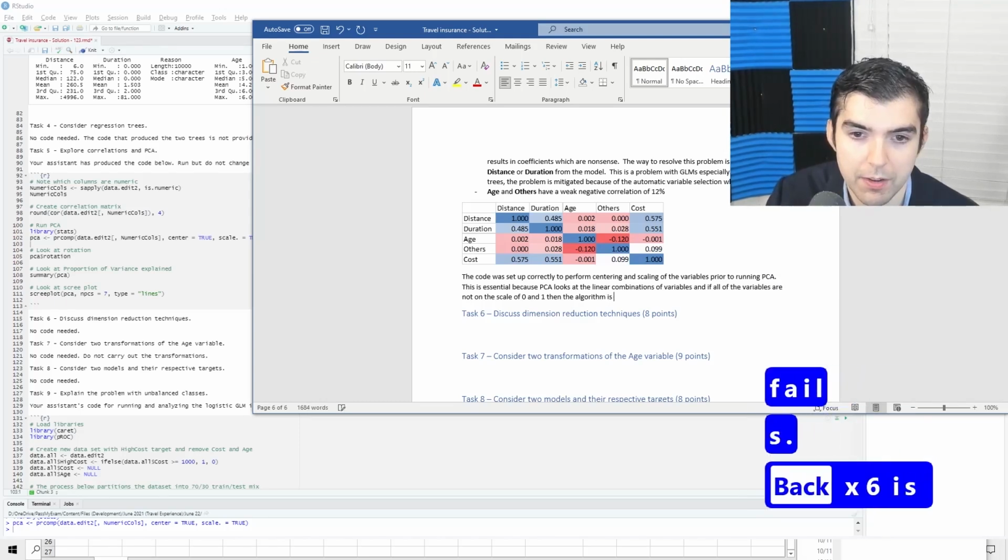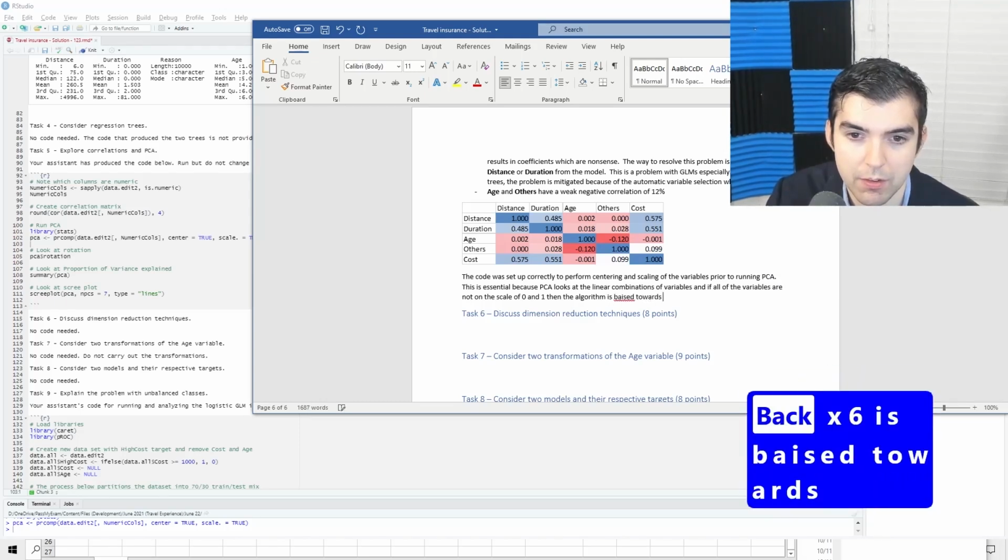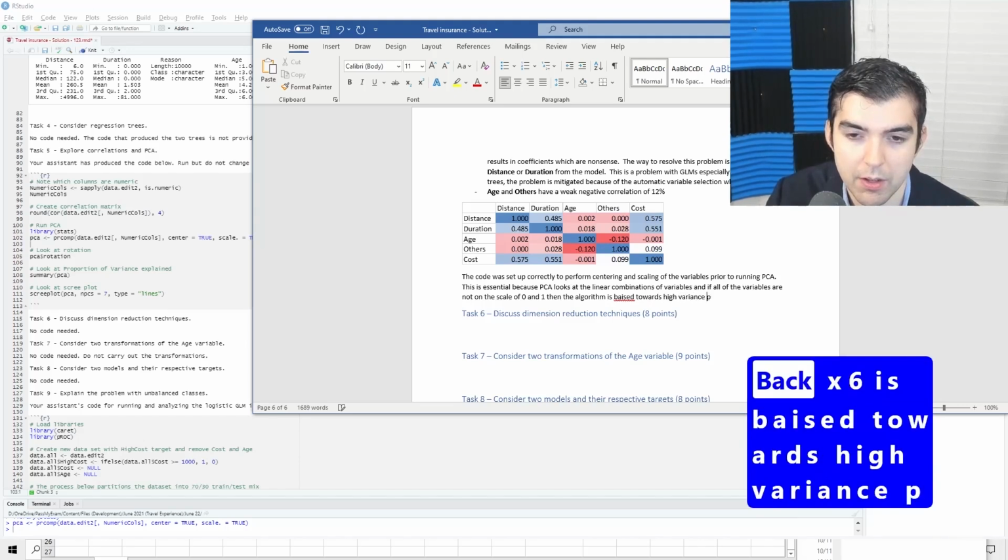And the algorithm is biased towards high variance predictors.